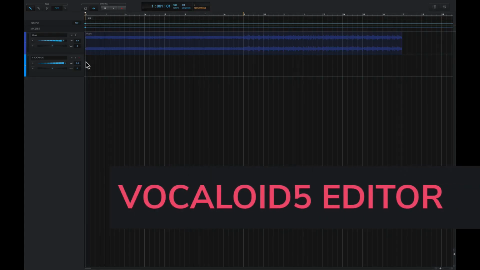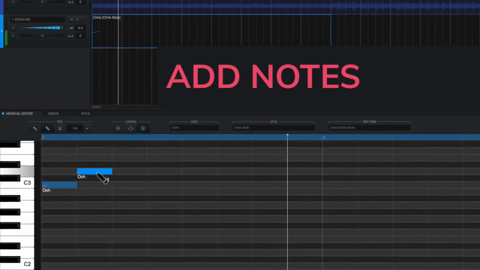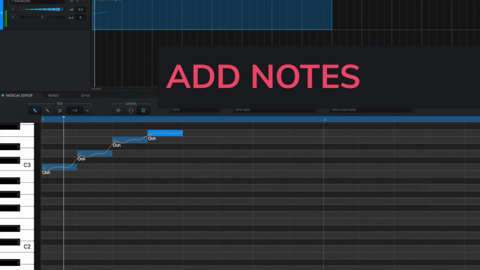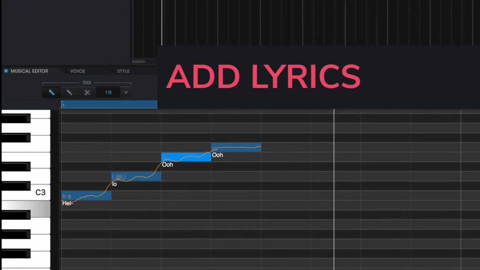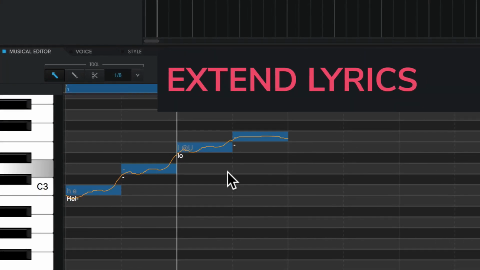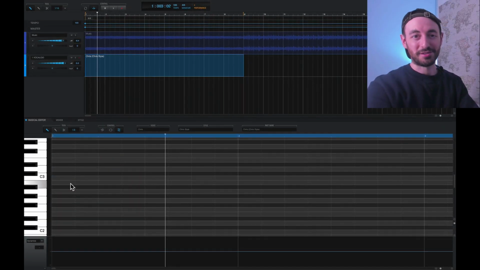If you've never used Vocaloid 5 before, I'll show you a quick introduction of how this works. This is the Vocaloid 5 editor. And within a Vocaloid track, you can create a Vocaloid part. You can write in notes, add lyrics to those notes, and then extend those lyrics across multiple notes. So that's a very basic introduction to how this works, although you can see that you'll be able to do a lot with writing in any lyrics you want, connecting them to any notes, and creating any melodies you want